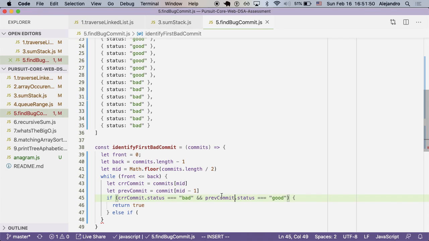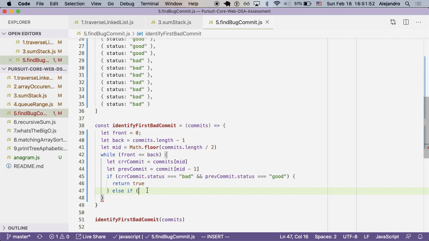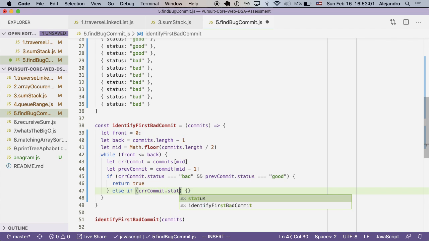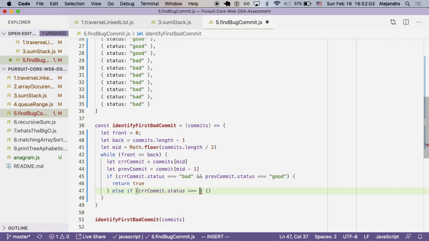Just commit that status. And then here we're going to say else if the current commit status is bad, then